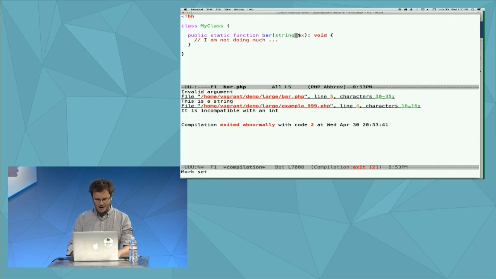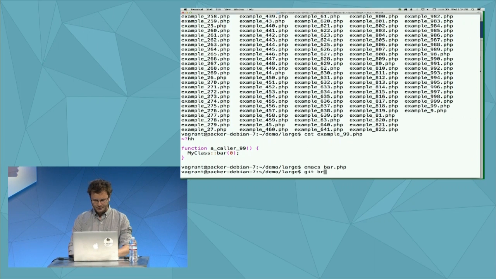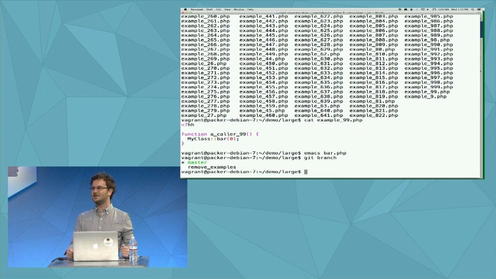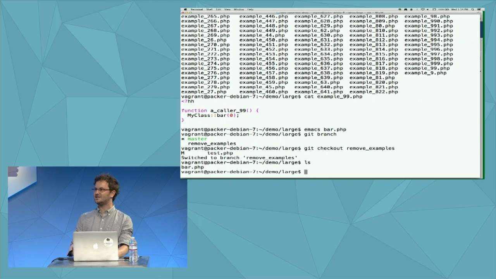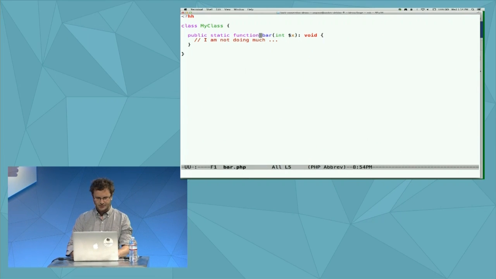Now, let's actually measure the time it took. So I'm going to put a time in front of it, modify it, 98 milliseconds to recover. Now, let's take it one step further. So if you're like us, you use Git or Mercurial or any of these revision control things. Now, I made a branch here that removes all the examples in the directory, right? So what I'm going to do is go in master, introduce the error that I introduced earlier,